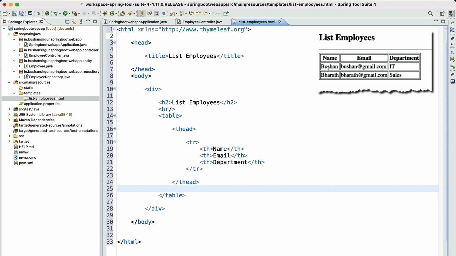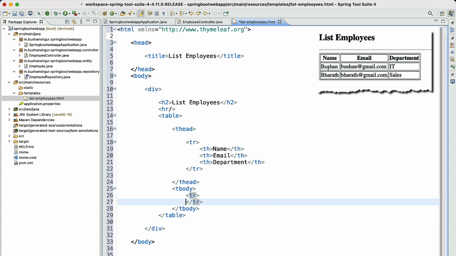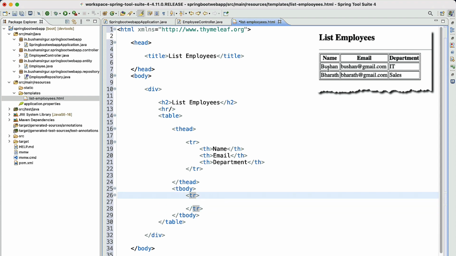And next, after the thead, the tbody goes in. Inside the tbody, we have the tr, which is the table row, and we are going to make use of the Thymeleaf each attribute, th:each.